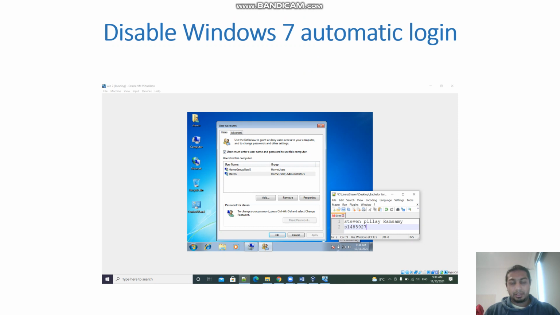To do so, I need to go to the control panel, then select user account, and then on the option box, select that the user must enter username and password to use this computer. So at each login, it will prompt the user for username and password rather than automatically logging into the